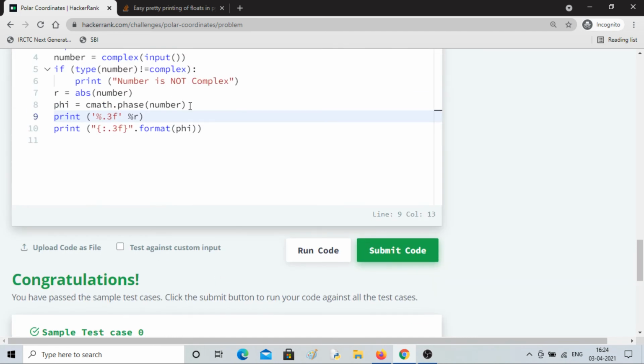If I put R is equal to 555.999, so if this is my R value, it will show 555.